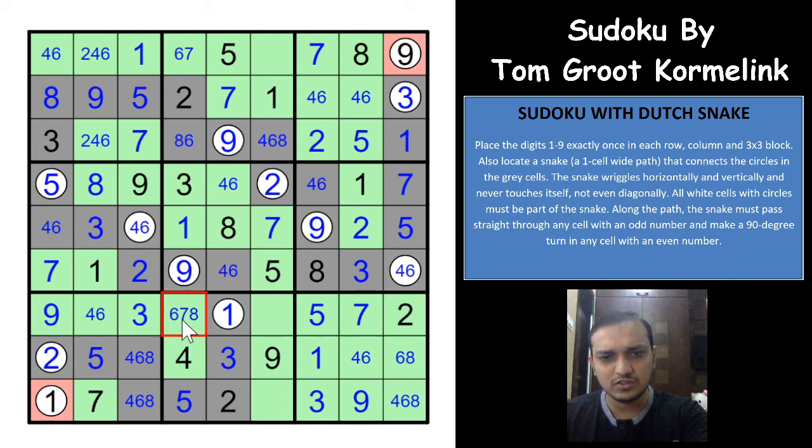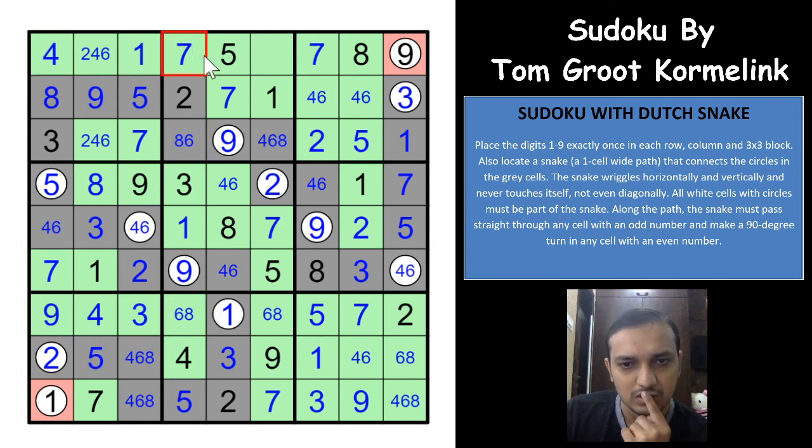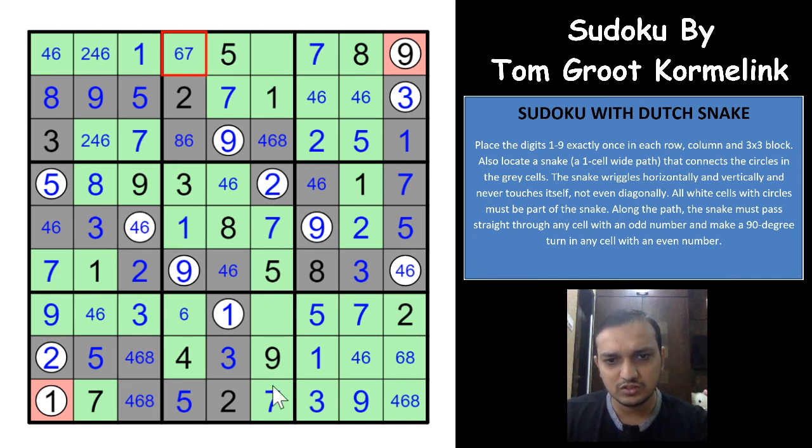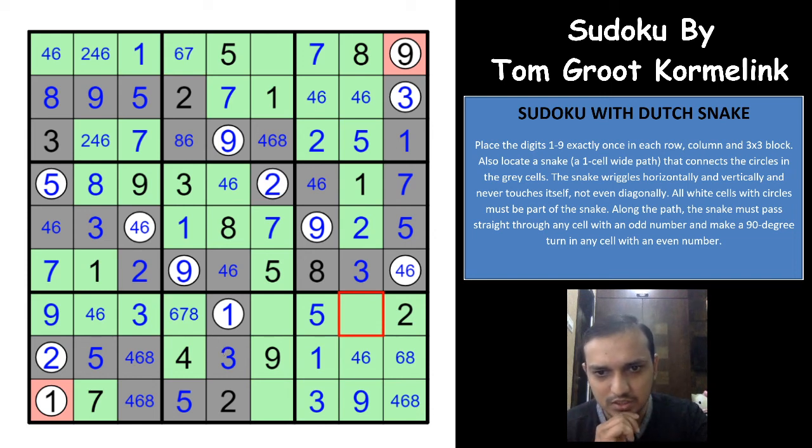So this 7 eliminates 7 from here, we'll have a 7 here, and these two digits are 6 and 8, 6 8 and 6 8, that gives you a 4 here. So this should be doable now. This gives you a 4 here, and 6 8 pair gives you a 7 here. Okay, we have done some mistake here. We have two sevens in this box here. So a 7 here. Okay, we have done some mistake here, guys.